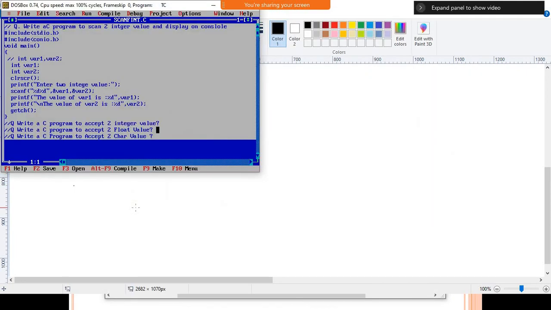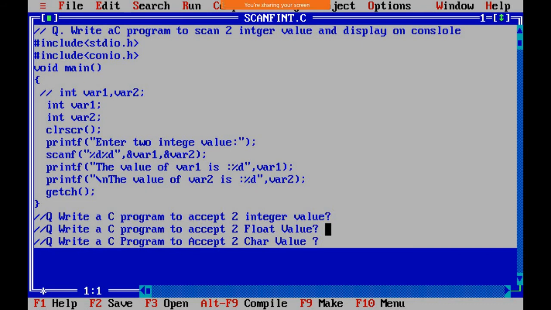Integer values. Okay, so write a C program. Now we'll write one different program.